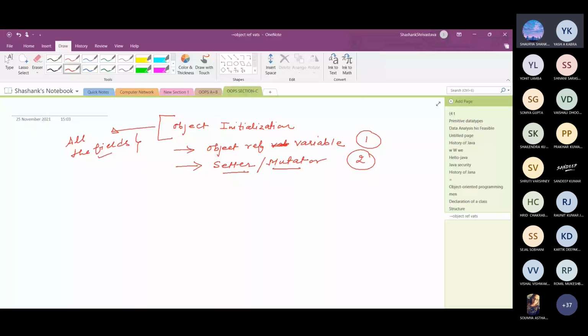The third way that we will discuss today is by using a constructor.